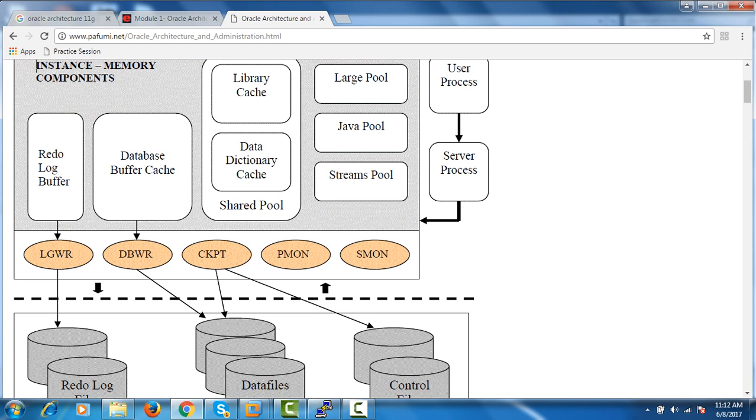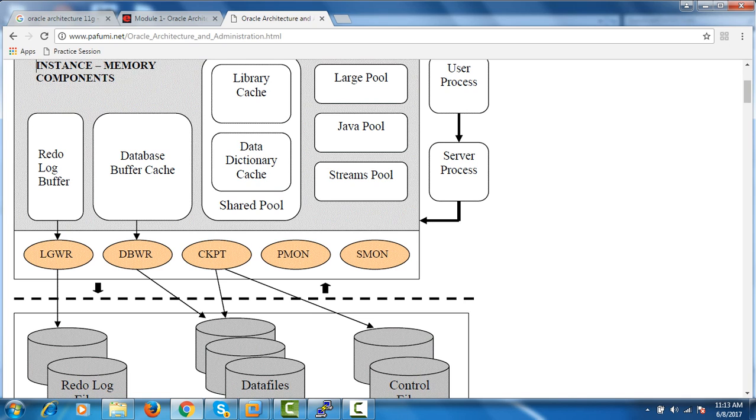Let's talk about this: if anything changes in our database, then it will automatically go into the redo log buffer cache. If you make a transaction of money in your bank account, then its logs automatically go to the redo log buffer cache.